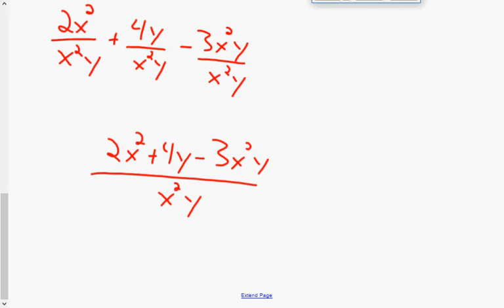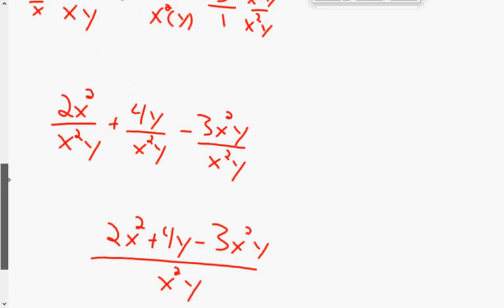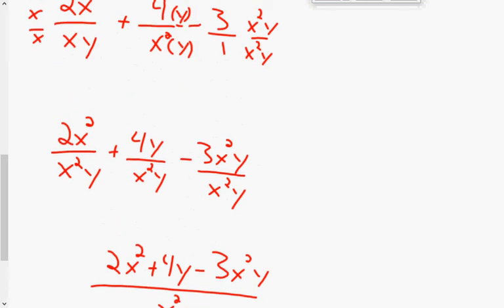So you can't do anything else with that or no? No, I can't simplify it. I can't take an x squared out of everything. I can't take a y out of everything, right? So it's done. Now, what a lot of people do is they multiply everything to get the common denominators, and